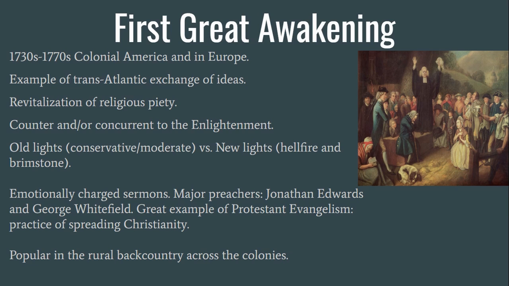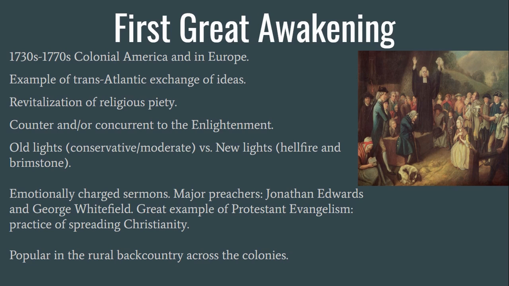Another major facet to the First Great Awakening is the distinction between the Old Light preachers, who are more likely to be longtime hometown ministers and offer a more conservative or moderate style and content to their sermons, versus the New Light preachers, who are a major part of the First Great Awakening. They were more likely to be traveling preachers that attracted huge crowds to their sermons, which were filled with raucous hellfire and brimstone style oration. And many times the crowds would participate with shouts along the lines of, "Save me."